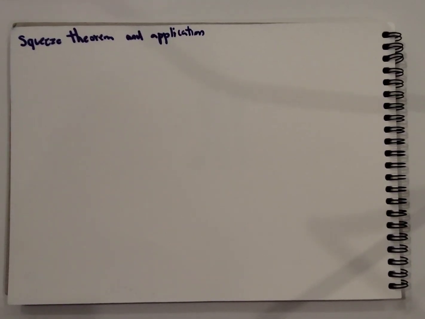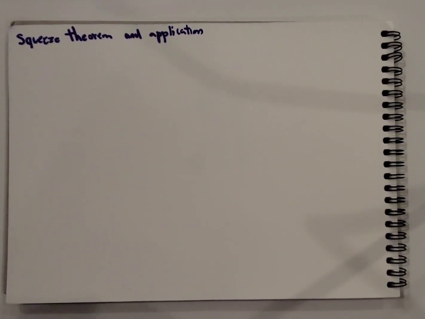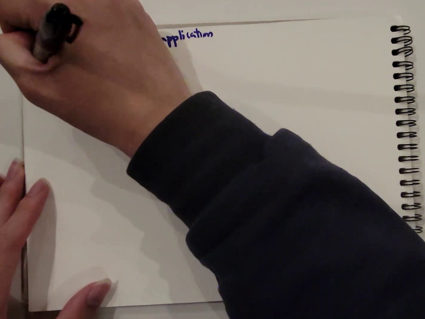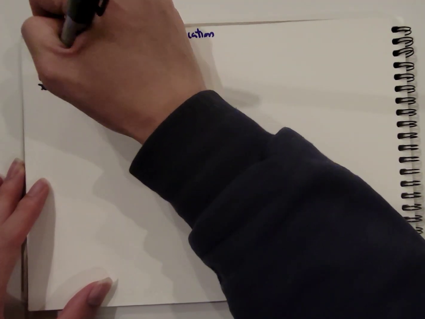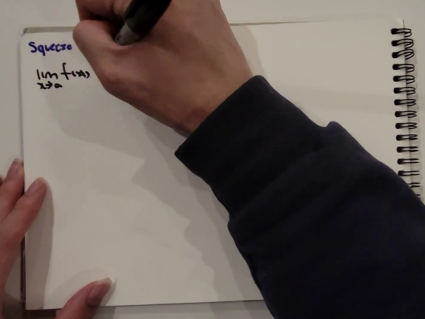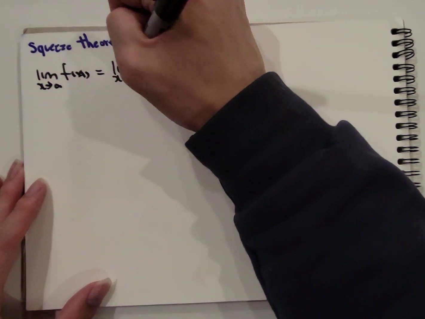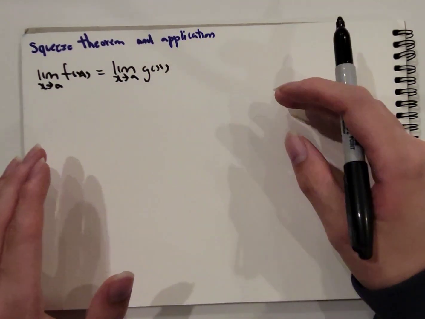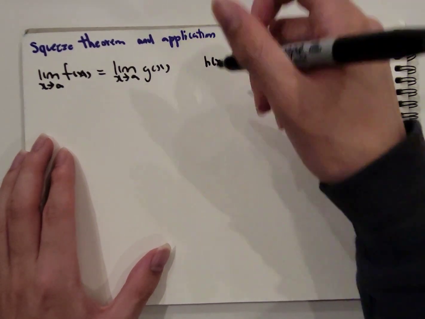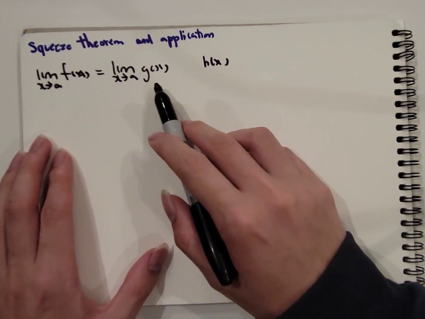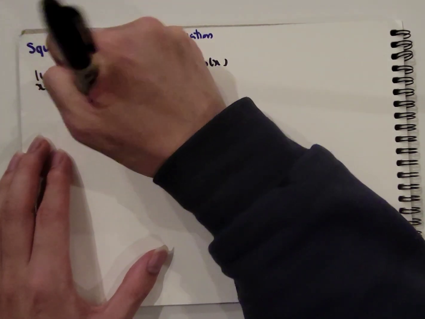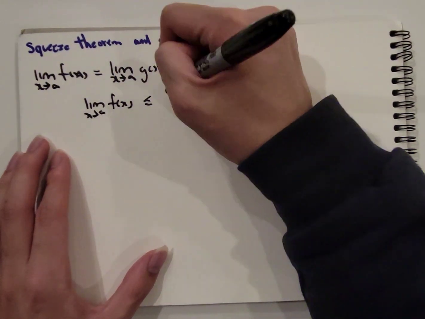Hi, this is David Ng, and today we're going to take a look at the squeeze theorem and what the squeeze theorem is. So what the squeeze theorem says is that when we have the limit as x approaches a of f of x, and it's equal to the limit as x approaches a of g of x, then if there's a function h of x between f of x and g of x,